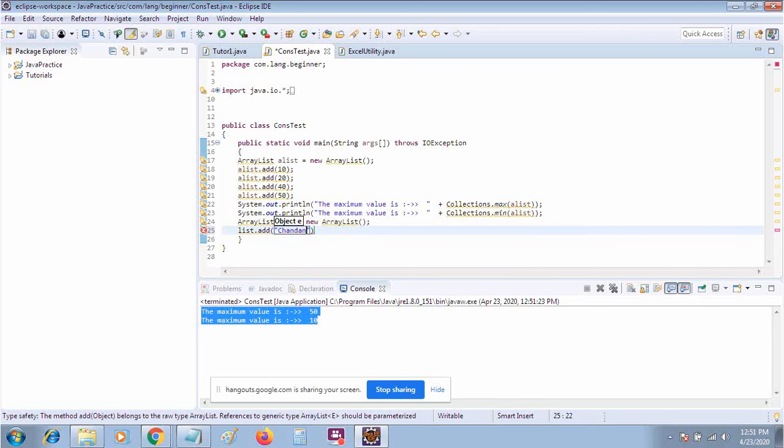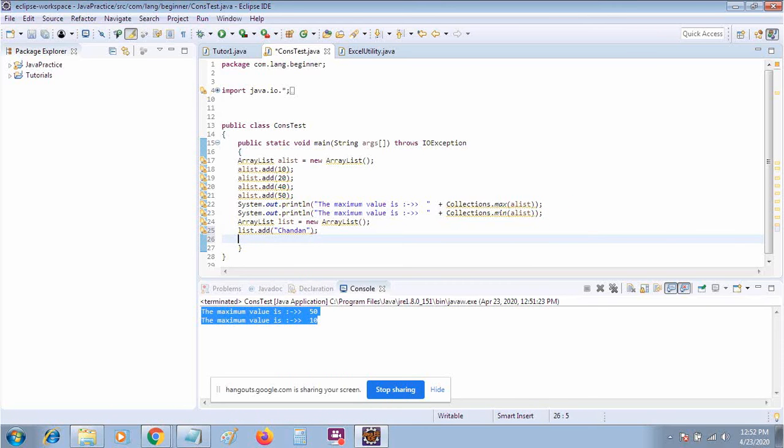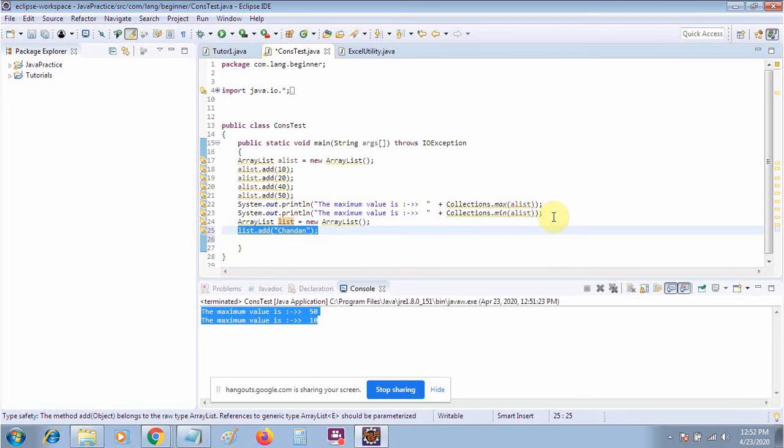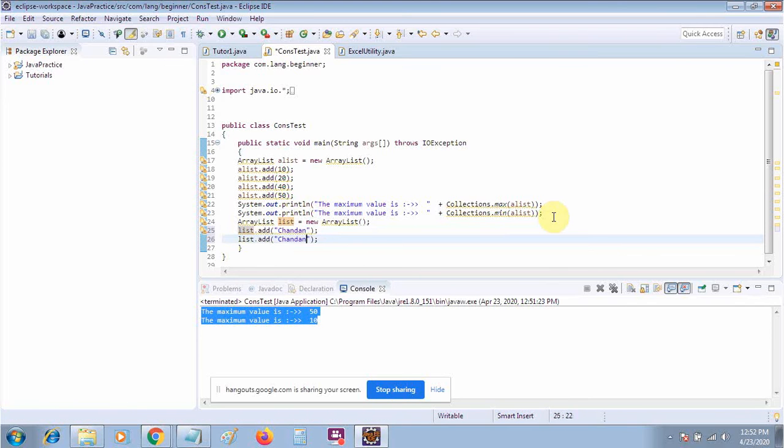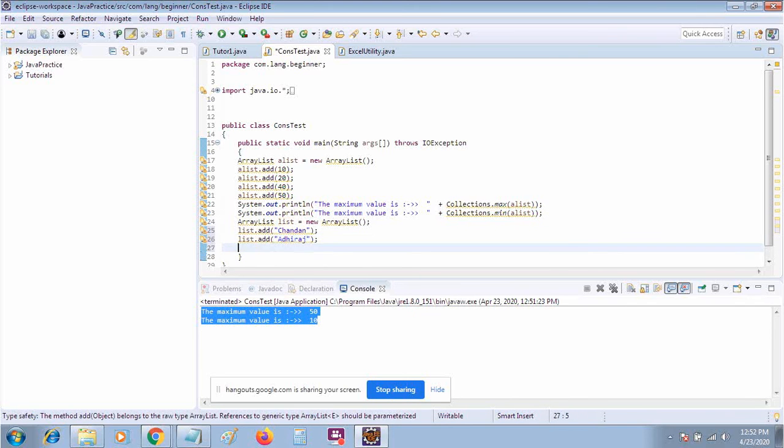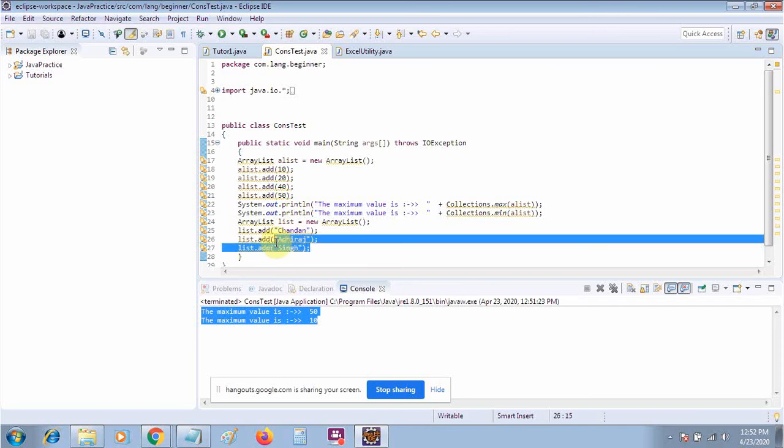Suppose that I have my name like Chandan, and then I have my second name. Let me copy this one, so I will paste here. Now suppose that I have a third one as Singh. Now suppose that I want to sort all these values.